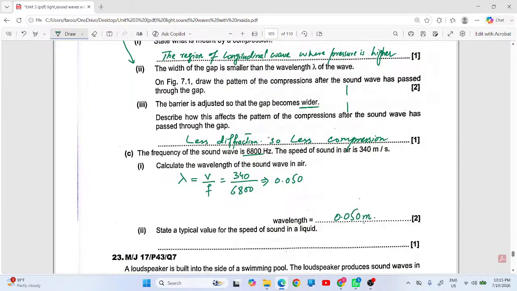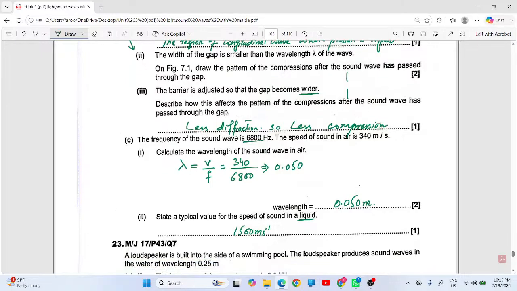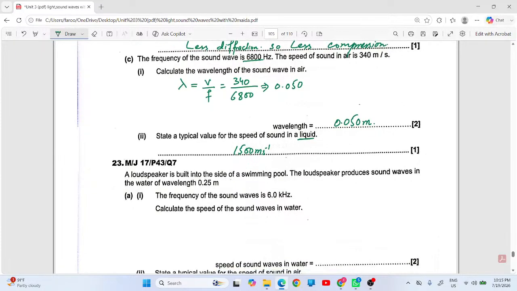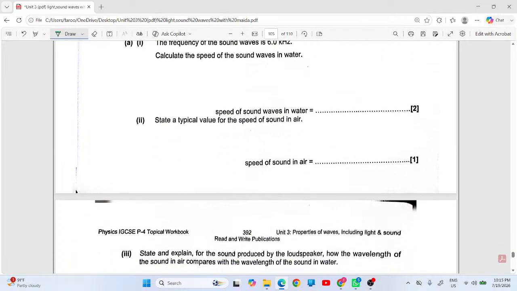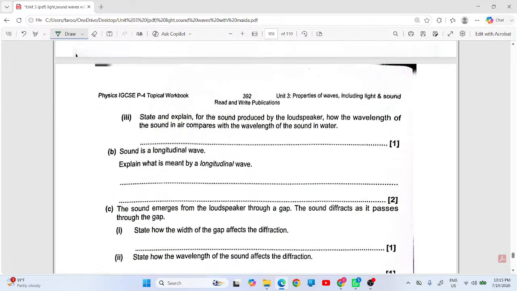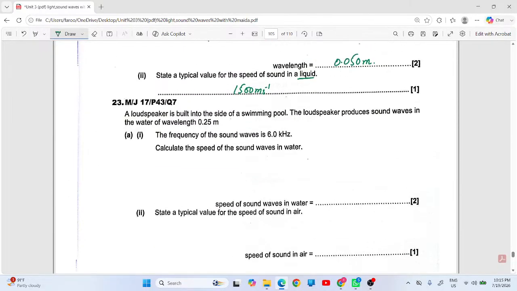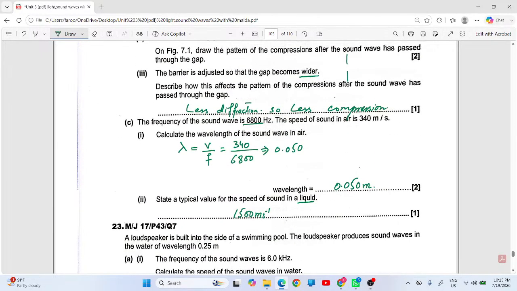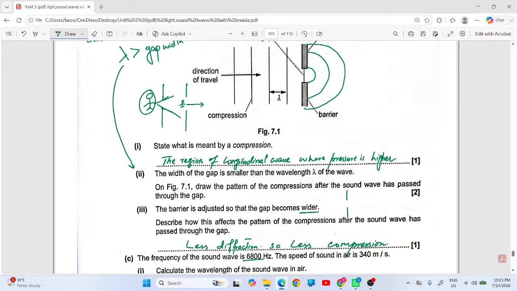0.050 meter. State the typical value of speed of sound in liquid. Liquid में कितनी? 1500 मीटर पर सेकेंड। काफ़ी हैं बच्चे। अब इसके बाद जस्ट 5 पेजेस रह गए जी। नेक्स्ट क्लास में।